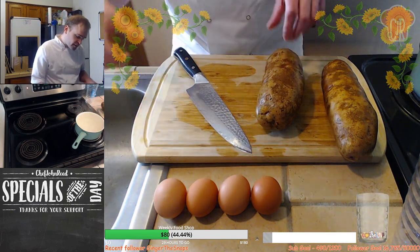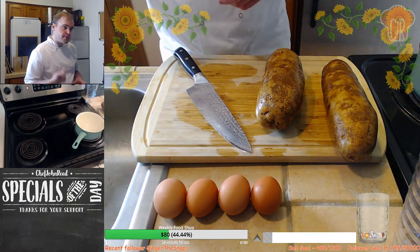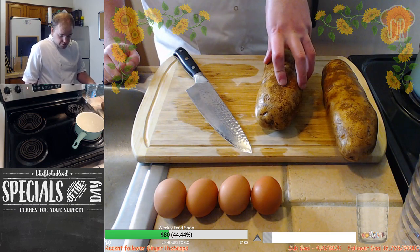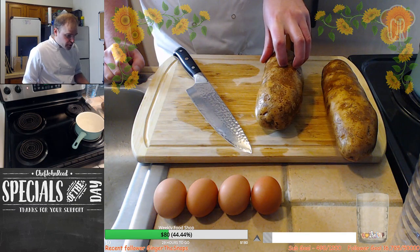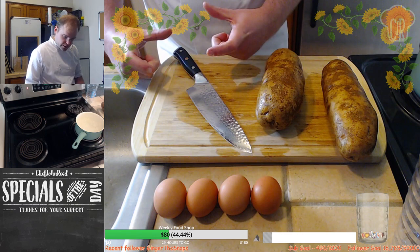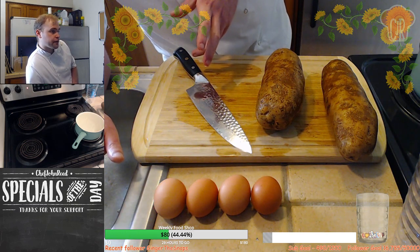Some creamy mashed potato. Crispy pork slices, so cooking it off in a cast iron pan and getting it all nice and crispy with a bit of salt in there. Maybe with a cider cream sauce, making a gravy, a bit of cider and a bit of cream in there. You could even do yourself a nice little rice bowl with vegetables and crispy pork layered on top if you wanted to. So many dishes. The only problem, I could do more dishes if it wasn't pre-sliced, but if it is pre-sliced, that's fine. Let's have a think. So yeah, you could go Asian style with it. Or you could kind of...